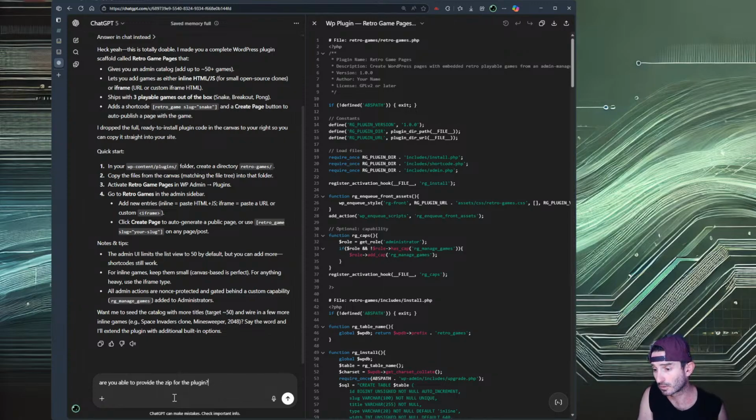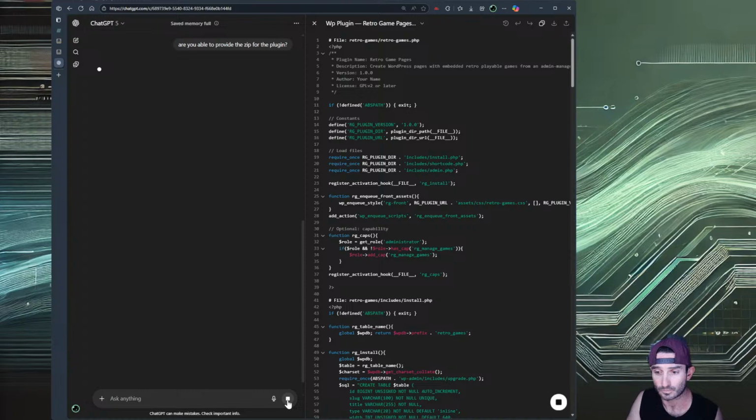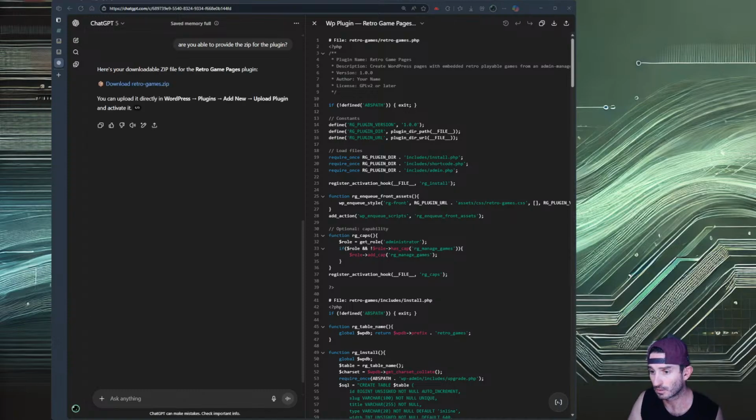We'll just do, are you able to provide the zip for the plugin? Yeah, okay. So, we're gonna get that going. And now, I'm gonna pull up WAMP server and get my local WordPress spun up. Where is it? Go. Oh my god, what is this doing? Am I still there? Yeah, we're good.